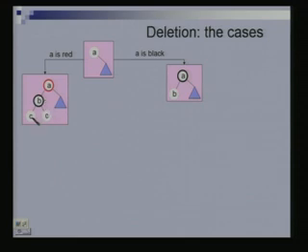Now let us look at the 2 children of B, let us call them C. We do not know whether they are black or red. So what is this A here? A is just a name for this node, nothing else. Which node? This is the tree whose black height has reduced by 1, the subtree. I am just looking at the root of that subtree and its parent. So A is the parent of that.